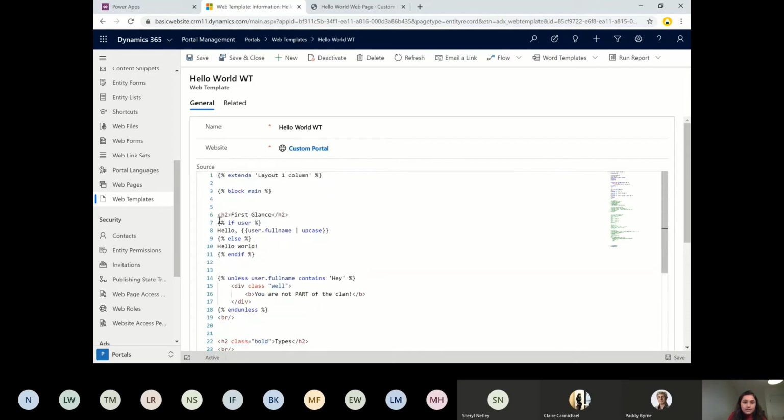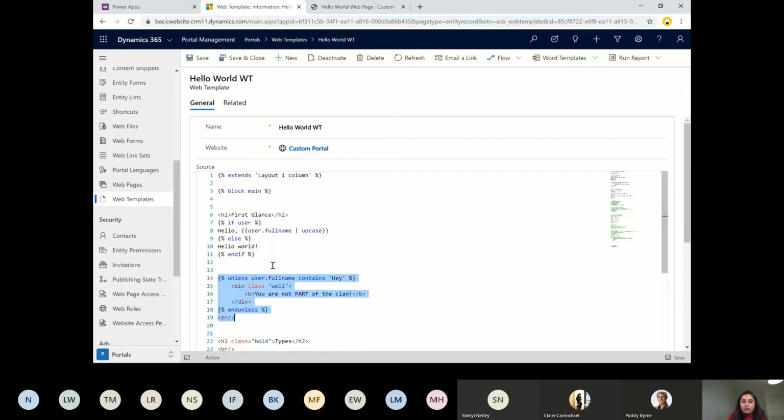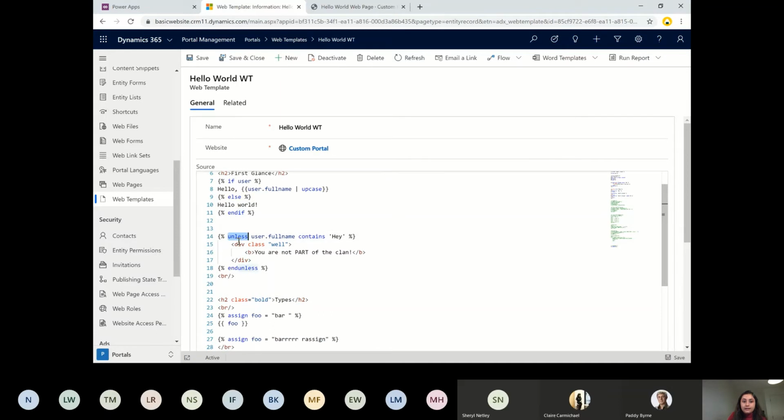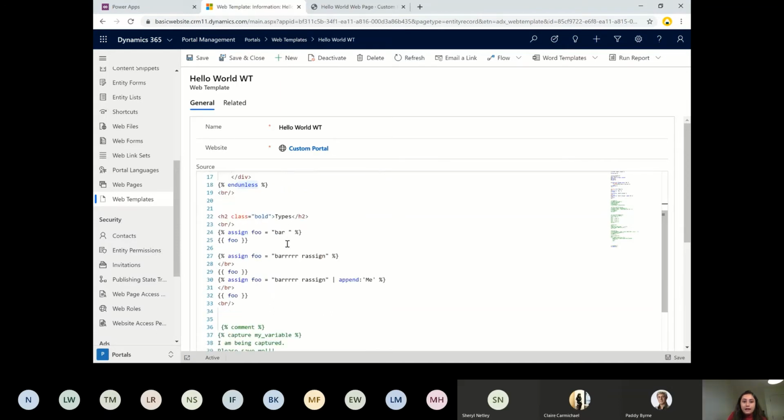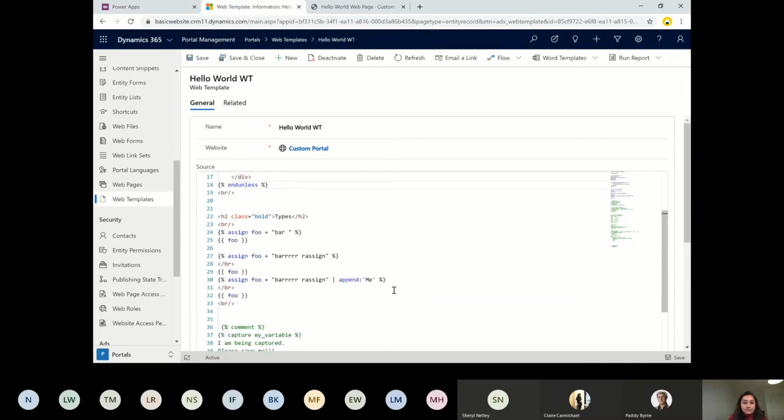So till now we covered the basics: if, else, and unless, which is the opposite of if. You have noticed that if we start the if, we end the if; if we start the unless, we end the unless. And as I said about IntelliSense, let's say I remove this and just press one of these, it comes like this, and I say end unless. So it gives me the IntelliSense when you write liquid here itself.